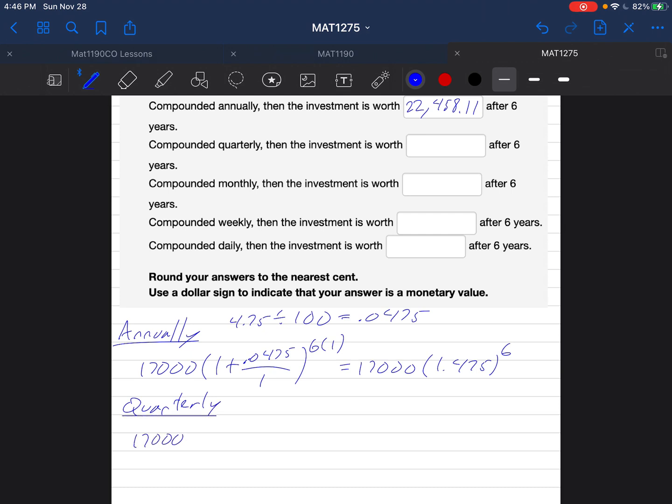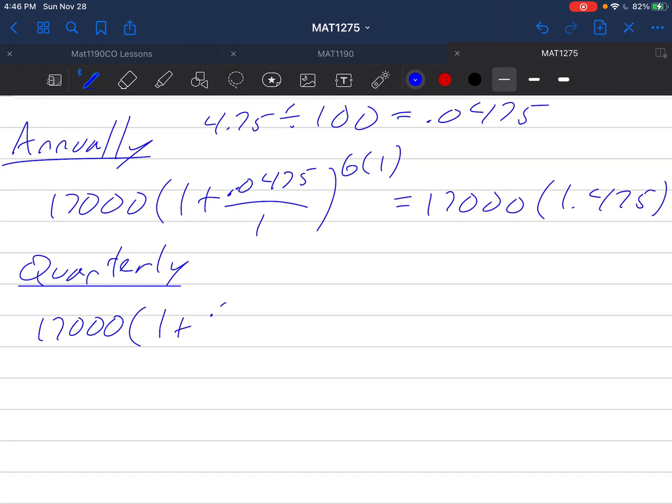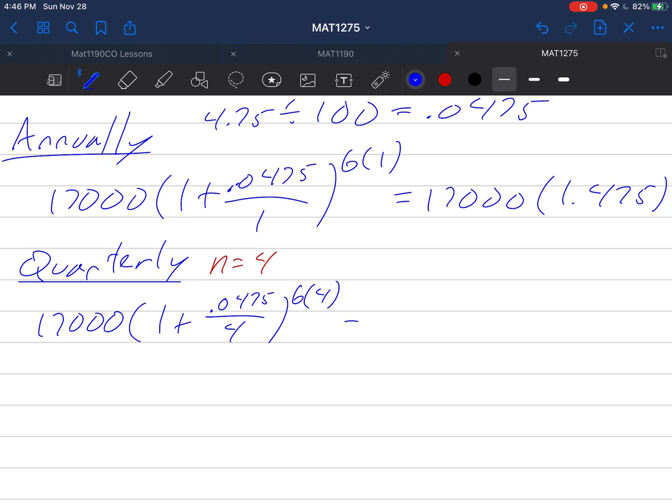$17,000 is the principal. 1 plus 0.0475. Quarterly again means that n is equal to 4, so that means this is divided by 4. And this is raised to a power of 6, because of 6 years, times the number of compounds per year, which is 4. So essentially what we are doing here is taking these 6 years and splitting it into 24